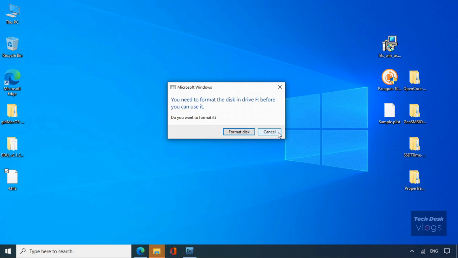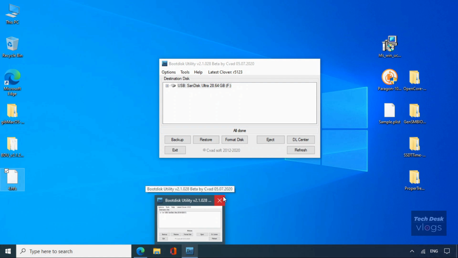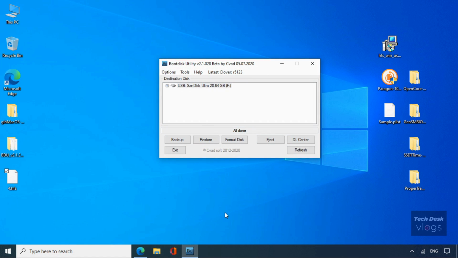You will get this window. Do you want to format it? No, cancel it. After finish formatting, click USB flash in boot disk